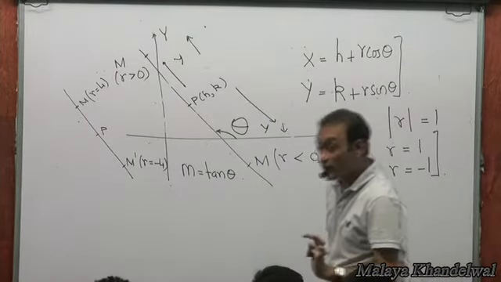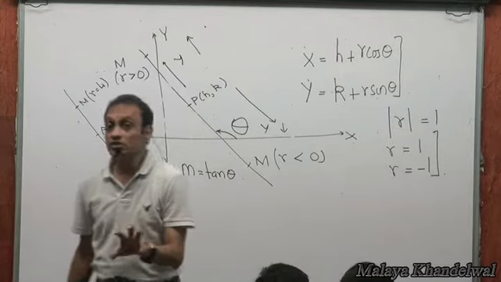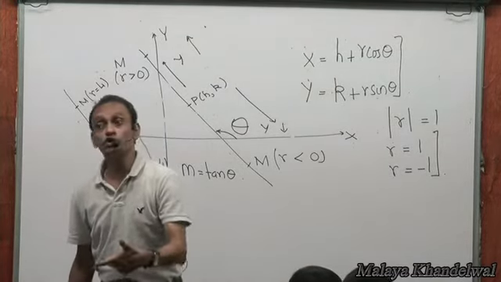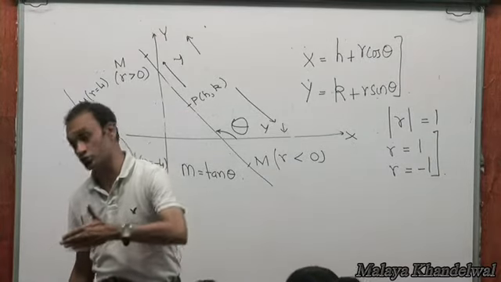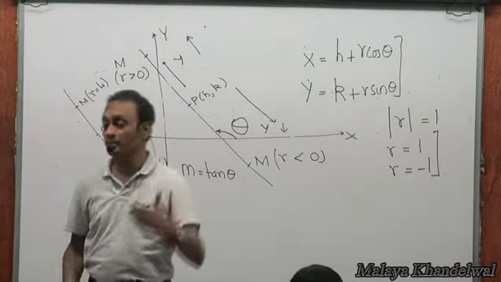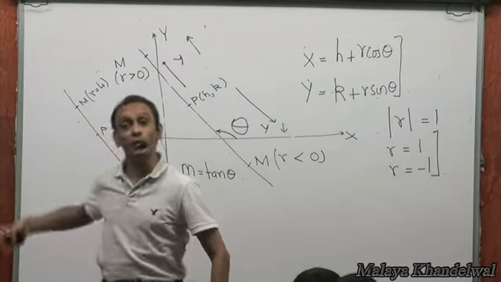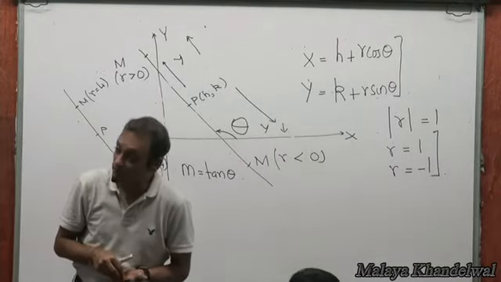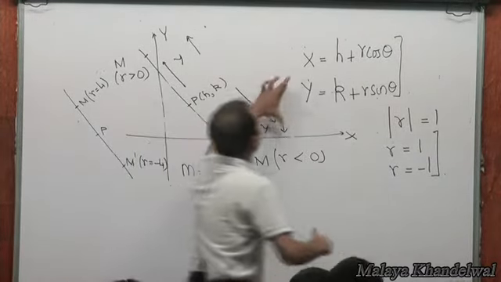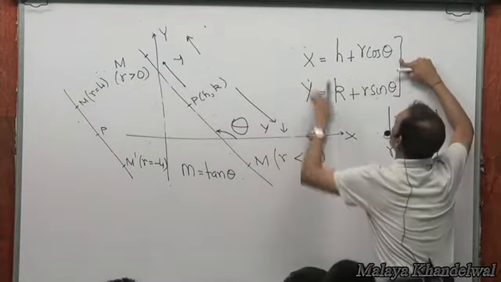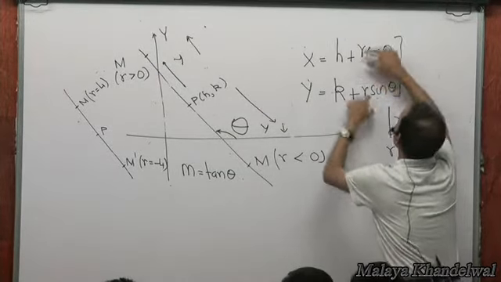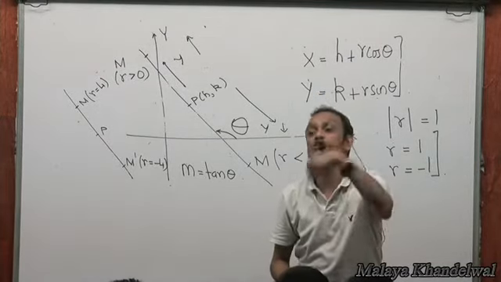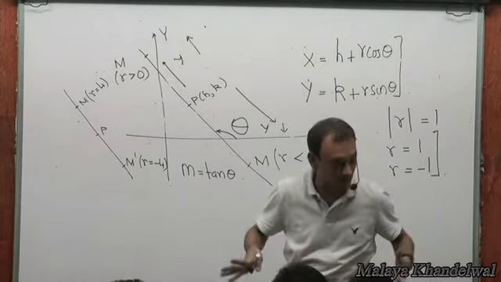And like I said, and I repeat, this r is a parameter, an algebraic entity, enjoying positive values if you move in the direction of increasing y's from the fixed point P. In the direction of decreasing y's from the fixed point P, the r's would be negative. For the fixed point P, r would be 0. And you would always write the equation as h plus r cos theta, k plus r sin theta, because the sign is built into r. You don't apply your brains to the existing brains of r. r has its own brains.